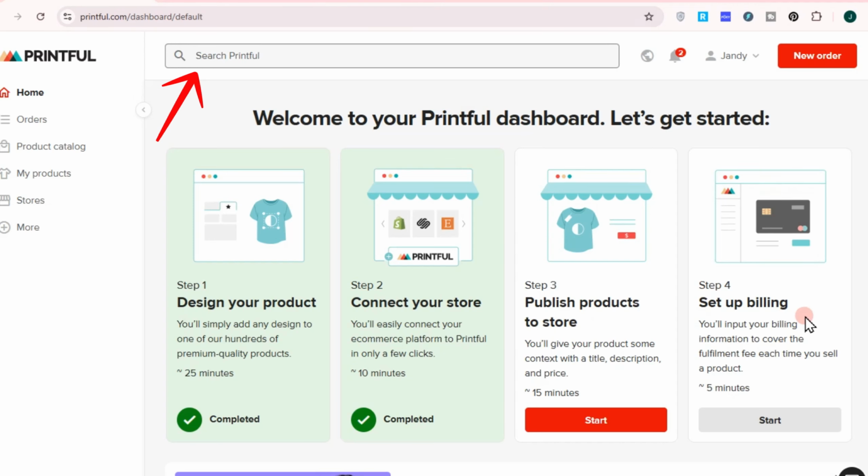Hi everyone, in this video I will show you how to save a Printful image. So first you just have to go to Printful and log into your account. Now let's just say you want to save or download an image from Printful,